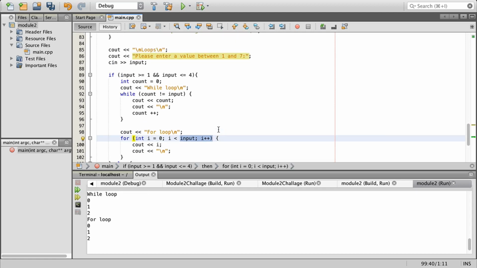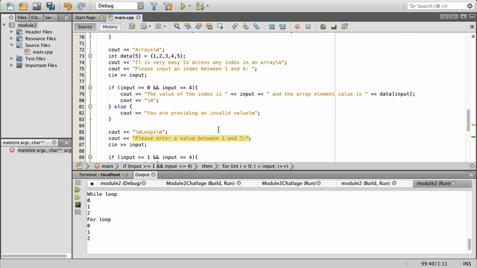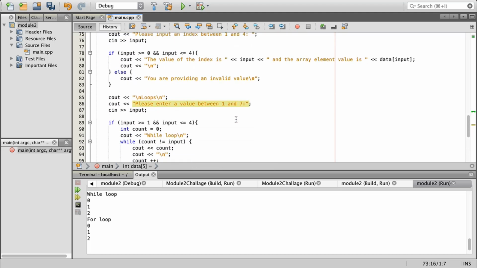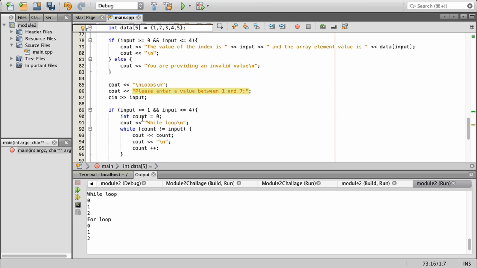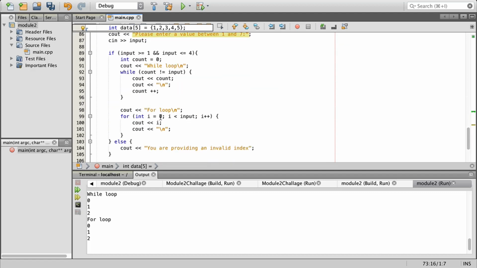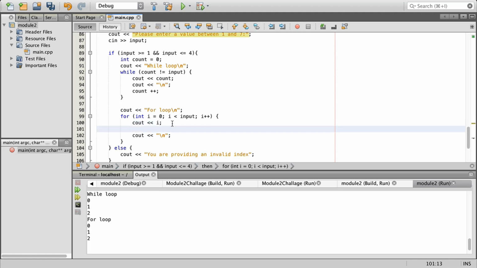So for the for loop, if we go back and look at our array, we have this data array. And then down here, the for loop, we're going from 0 to this input. And what we can actually do is, on a new line, cout, we have, let's say, data[i],